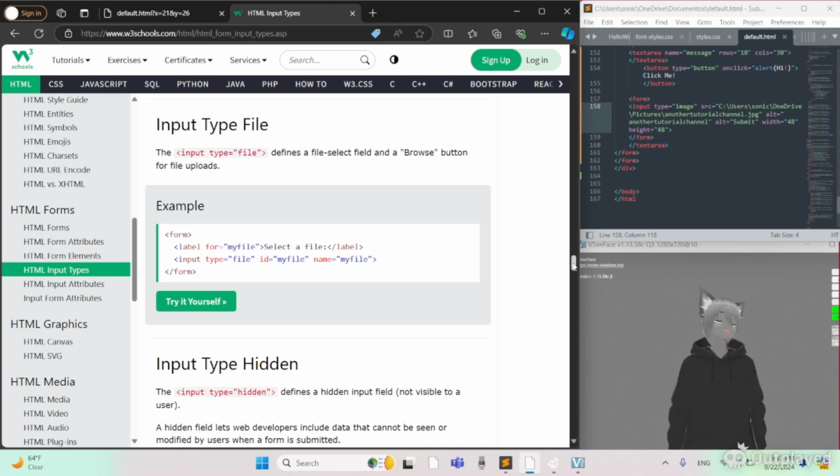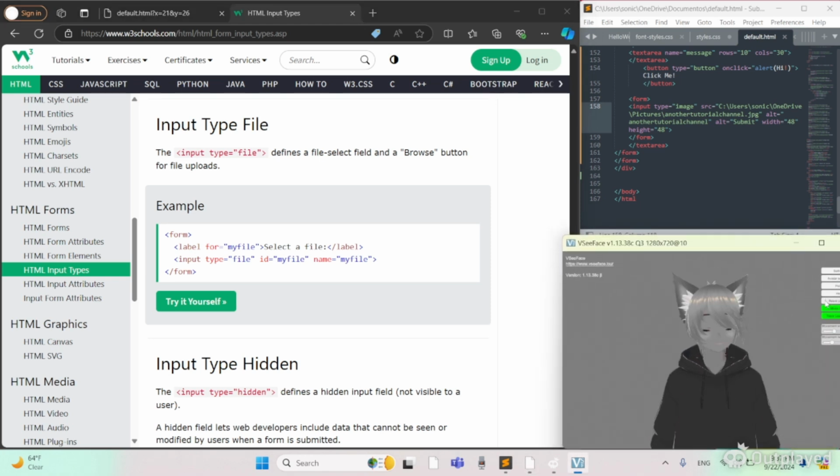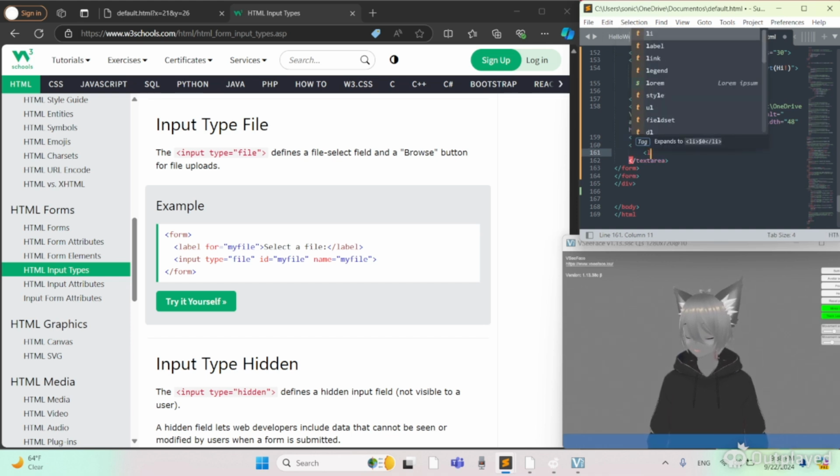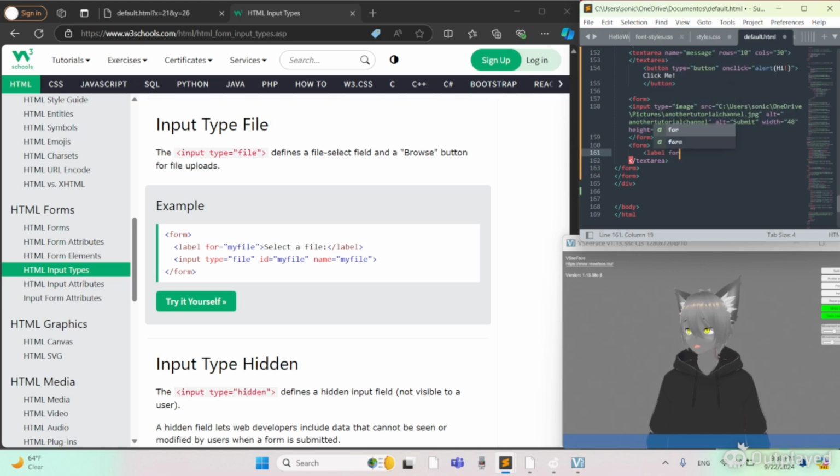So now this one is for file uploads. So this will access your file explorer once you click on it, and you can select the file to upload. Let's do that right now. Go form, label for equals my file, select a file,